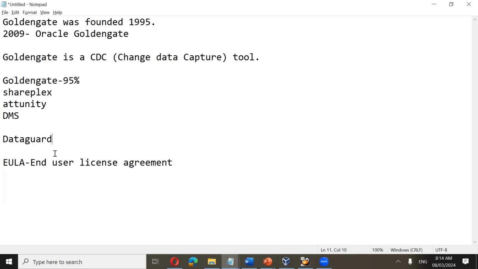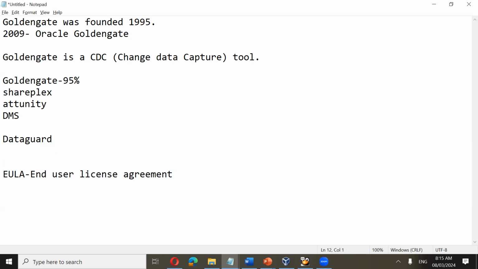And one major thing to answer this is that Goldengate is a licensed product. Organizations have to pay separately. However, DataGuard physical standby comes free of cost. So you can understand why anyone would pay extra cost for something if the Goldengate work could be done by DataGuard. Organizations would just opt for DataGuard, right? Just to give you a quick overview, DataGuard is a database level replication. However, Goldengate is an object level replication.